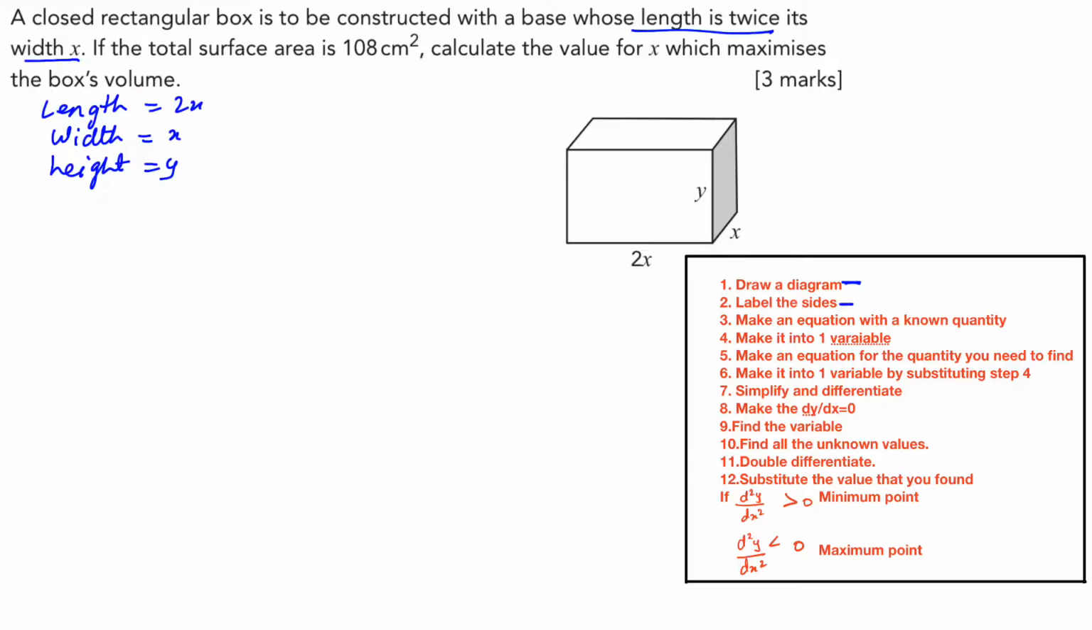Third step, we have to make an equation with a known quantity. What is given to us? Total surface area is 108 square centimeter, and it is a closed rectangular box. You will be given the formula in the formula sheet, and the surface area of a closed rectangular box is